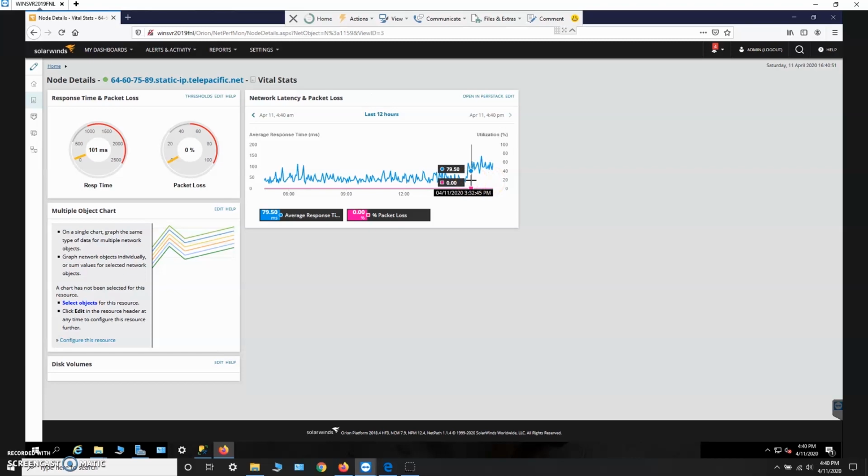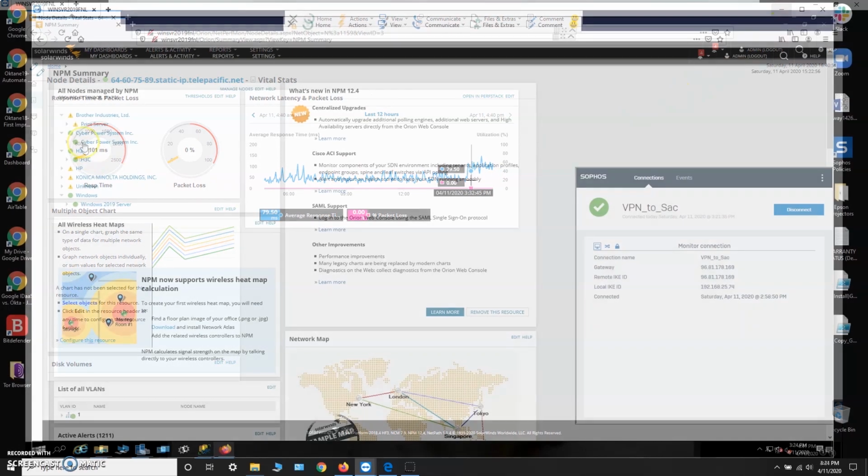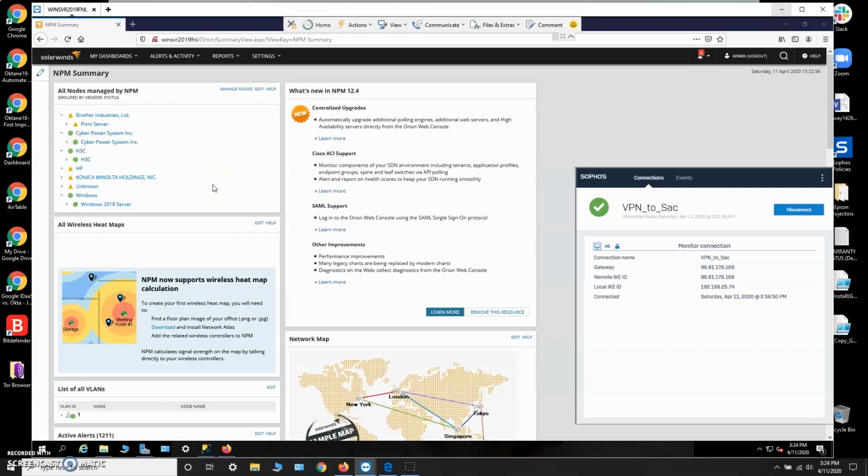So I know that this ISP is up. Well, I know the ISP is up because I'm polling it. There's other ways that you can do this. You can have polling stations on location. Sacramento could have a workstation that's acting as a polling station. Azusa could have one. Poway could have one. Bakersfield could have one. Fresno could have one. They could all have their own polling station. Any location, any network, anywhere, any LAN can have a laptop there with a SolarWinds polling station that points back to this server. All right, so it's polled.